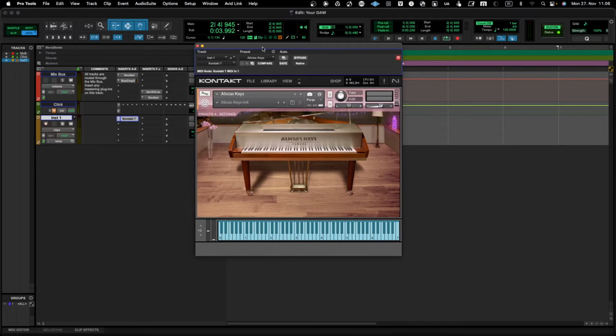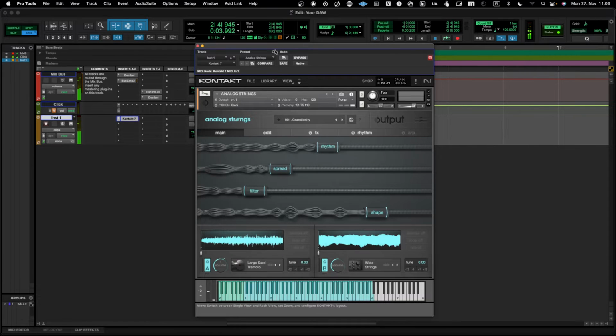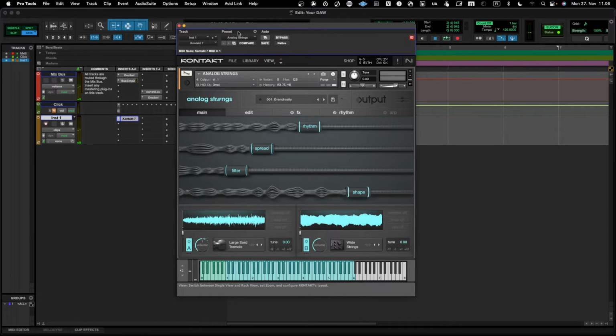So now it saved it as Alicia's Keys, but then the analog strings also got saved to that. So I need to kind of refresh that setting and do a save on that one. So let's go and save settings. So now I have two different presets, and I can go between these two that I have defined, and that's